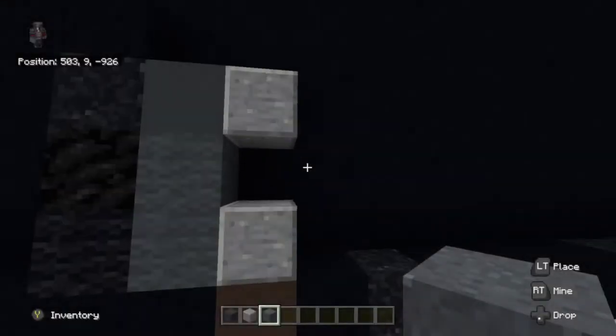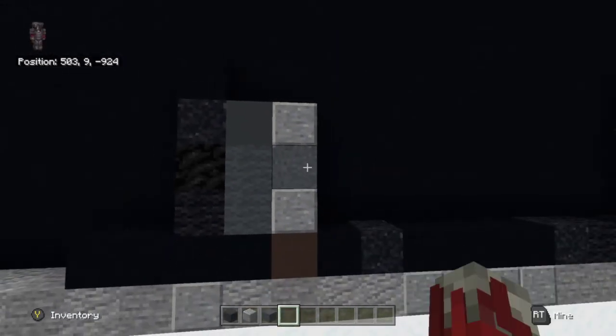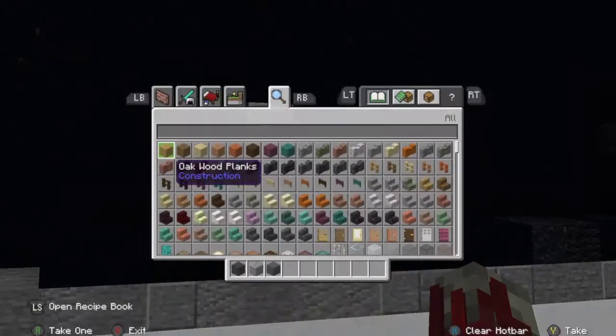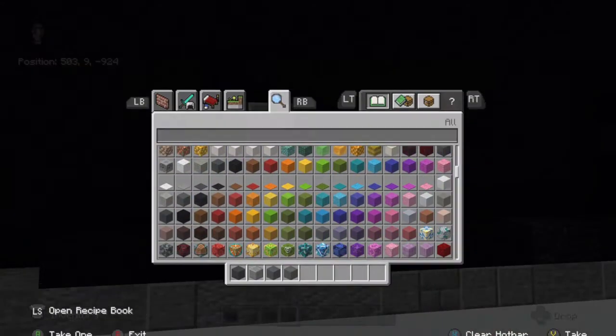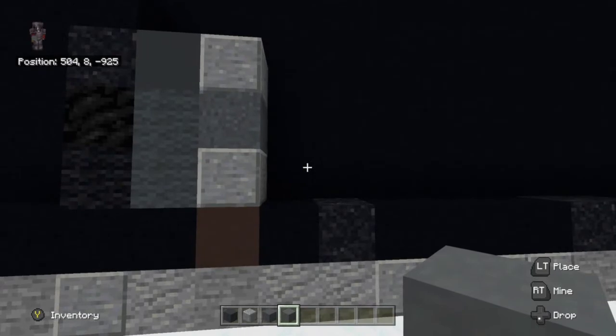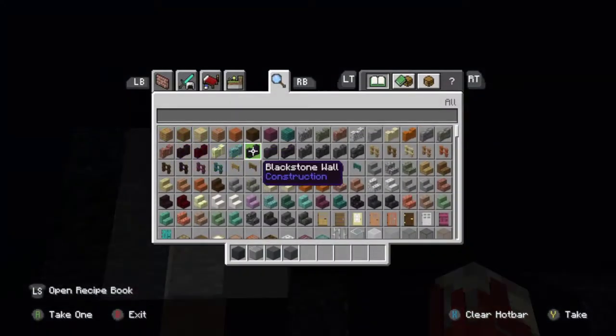I'm going to place that on top, or in between the polished andesite, and then we're going to grab a cyan terracotta, and we're going to take the cyan terracotta and place it to the right of the polished andesite at the bottom and the polished andesite at the top, and in between the two we're going to go ahead